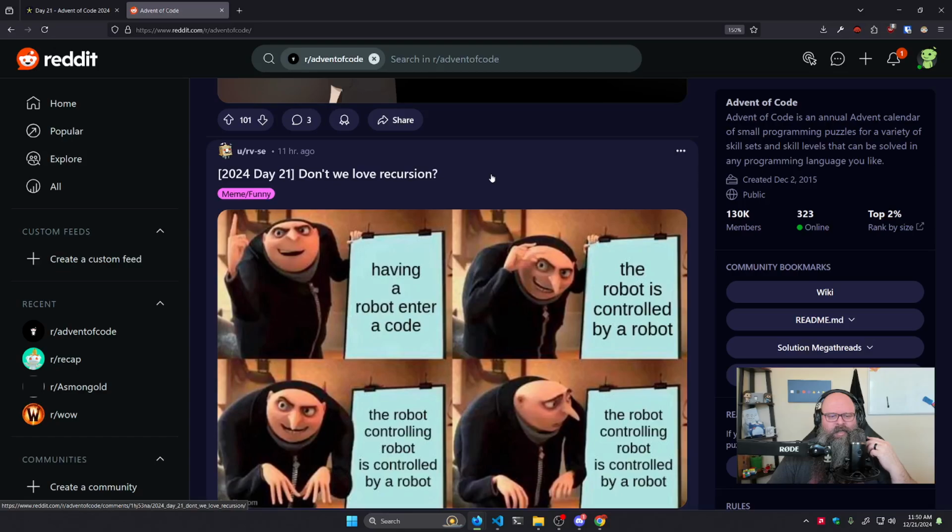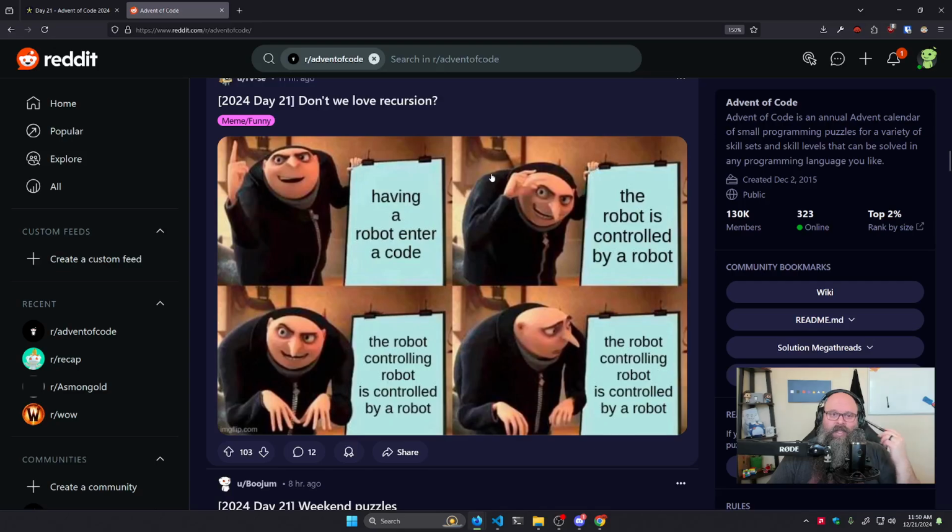The robot controlling robot is controlled by a robot. The robot controlling robot. Yeah. The first time when I was trying to figure this out, recursion is really cool for this, so